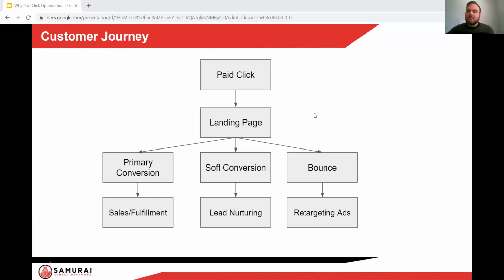So if they bounce, we can still get them with that remarketing tag. So we have remarketing tags. I recommend using both the Google tag and the Facebook tag. There could be situations where you'd want to buy traffic from other platforms as well, but in pretty much every single case, you want to buy the Google and the Facebook traffic. So you're going to have the Google and the Facebook tag on your site. That is going to communicate to those platforms that the user has been to your site,